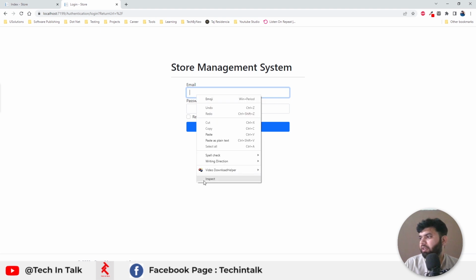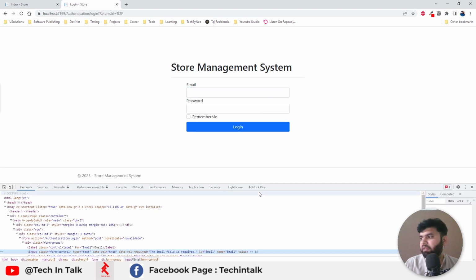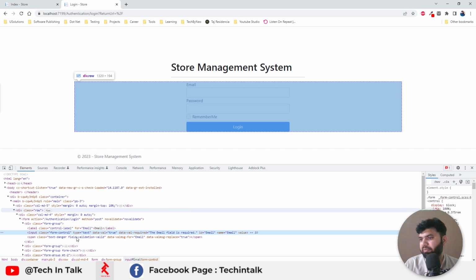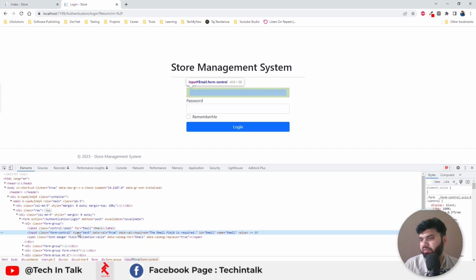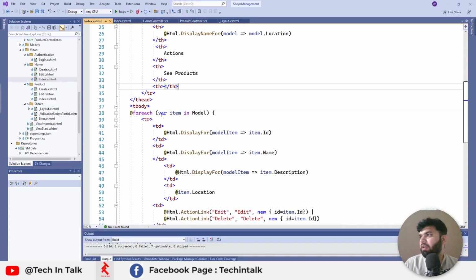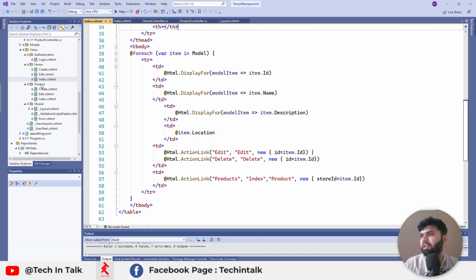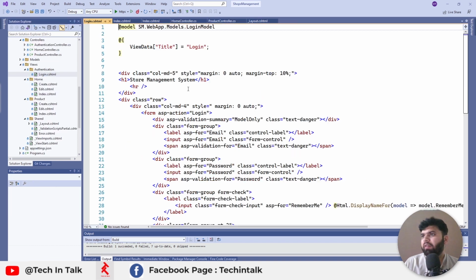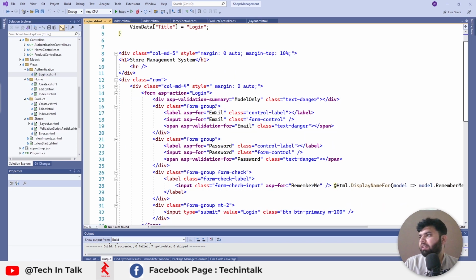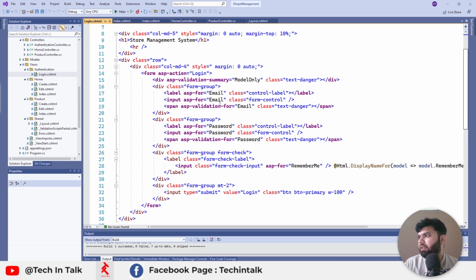Previously, we worked on that one, but I don't think we mentioned the input types here. Those would still be text, so those should be updated. So let's start with this one. I have opened Visual Studio and I will jump into login.cshtml, and here in the first input type,